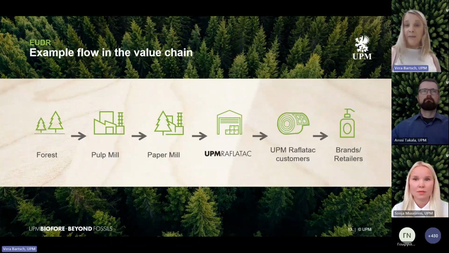Examples exempt from compliance are products not covered in Annex 1 of the regulation that Sonja just mentioned, so those CN codes, and we'll get to more details. And then secondly, products that are used as packaging, not packaging products or products intended to be used for packaging later, but when they are used as packaging. But let's have a more detailed look at exactly that.